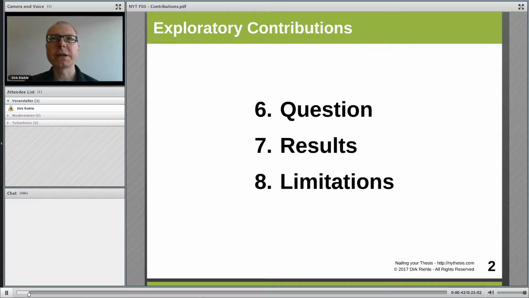So the contributions section typically has three sections. Titles and actual content varies a little bit. Typically it varies by the type of research, specifically whether you are doing exploratory research or confirmatory research and using according methods. So if it's an exploratory contribution or research, then you would start out with a section on your